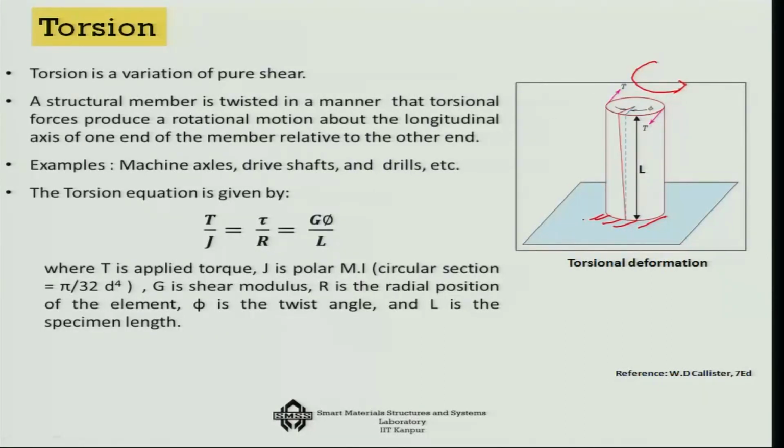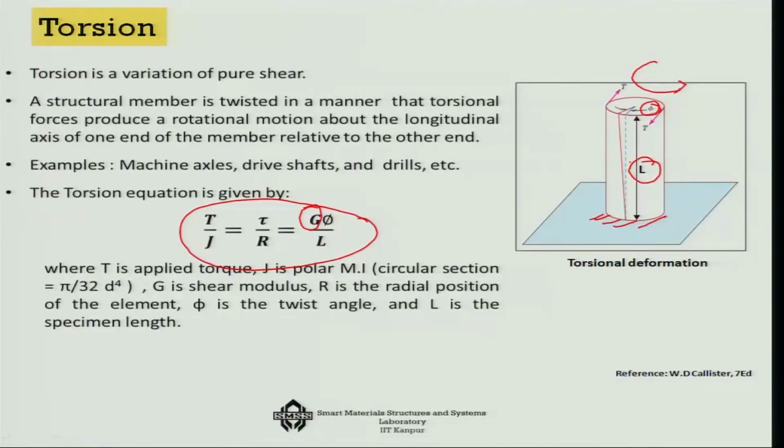So, this kind of a thing, where there is again a relative movement between the two surfaces, is standard of any torsional situation, and it is generally governed by a standard relationship for very small twisting angle. When the twisting angle is not very high, it is torque over the polar moment of inertia, T over J, equals the shear stress tau over r, and that equals the shear modulus of elasticity G times phi over L. Phi is the angle of twist, and L is the length of the sample.